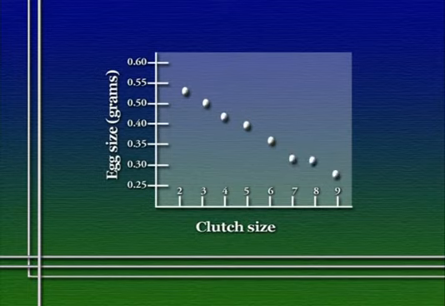Now, there's a life history trade-off operating here as well. Females that lay fewer eggs lay larger eggs, while females that lay more eggs in a clutch will lay smaller eggs. The reason for this trade-off is that an individual female only has a certain amount of resource that it can put into any single reproductive event. But an individual female can allocate that resource in different ways, producing a lot of small eggs or a few